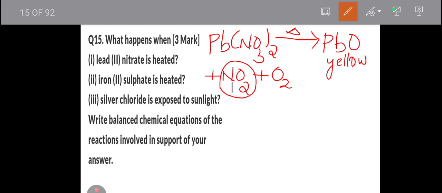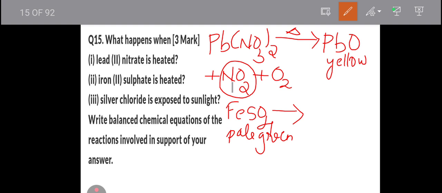Now just see iron 2 sulfate. Iron 2 sulfate means FeSO4. So this is ferrous sulfate, which is pale green in color. Once we heat this pale green ferrous sulfate, it forms brown colored ferric oxide, Fe2O3. Along with that, we can observe the smell of burning sulfur. The reason we get the smell of burning sulfur is due to the production of SO2 as well as